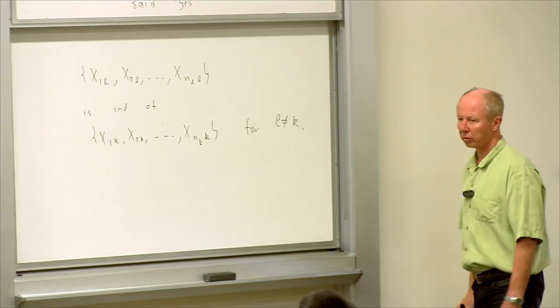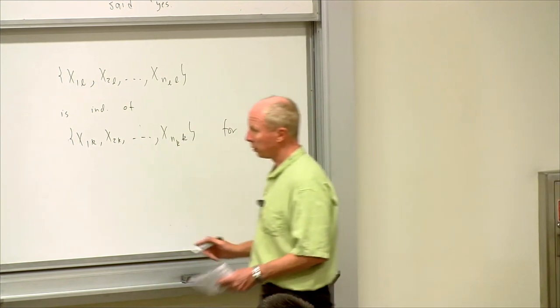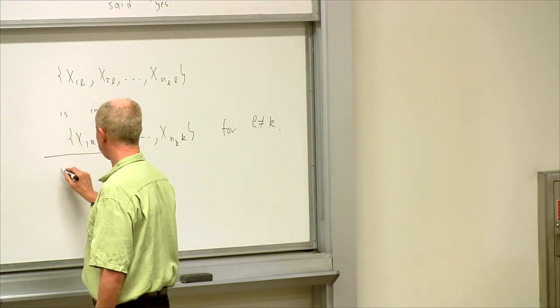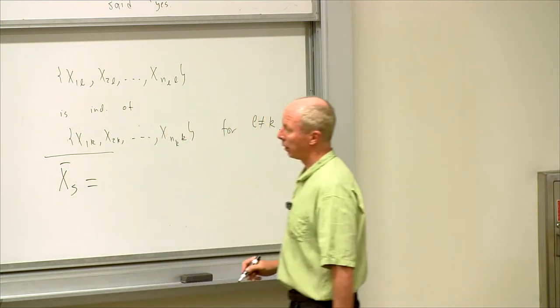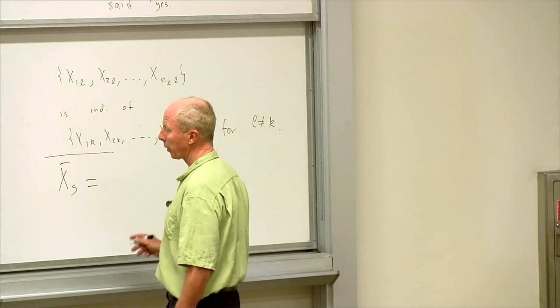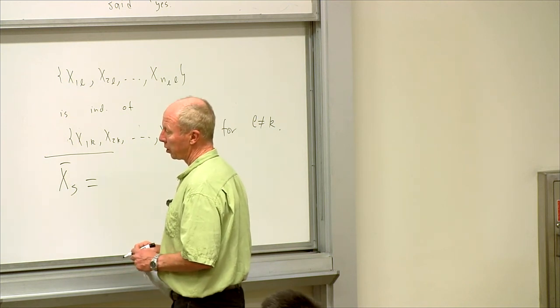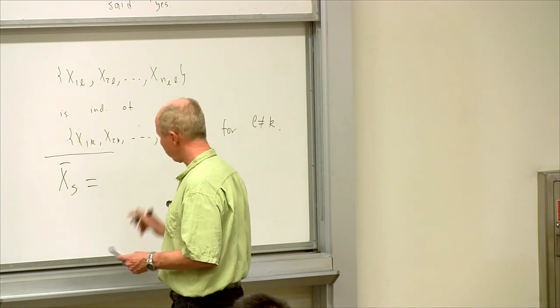They're independent for L different from K, right? This is useful because then the estimator for mu would be x s bar, which would just be the